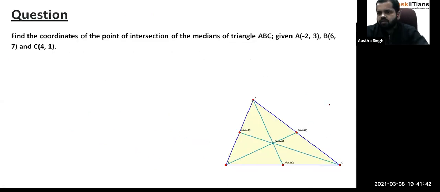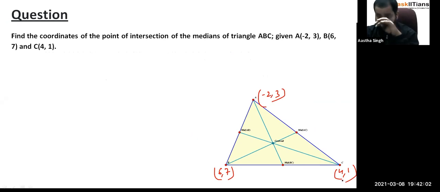There is a question for you guys. The points are given: A is minus 2, comma 3, B is 6, comma 7, and C is 4, comma 1. These are the coordinates of the vertices of the triangle. We have to find the centroid. AD will be a median, right? Because D is the midpoint. You have to find the coordinates of G. I've already told you the coordinates of G will be